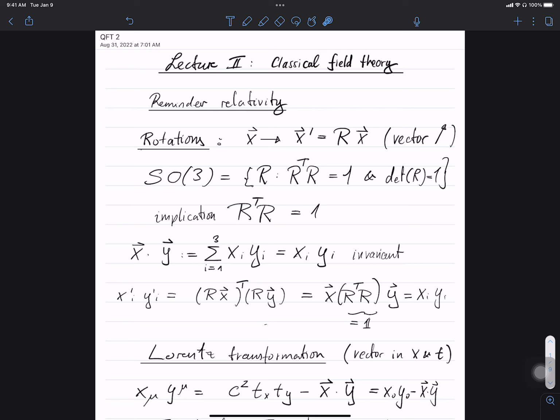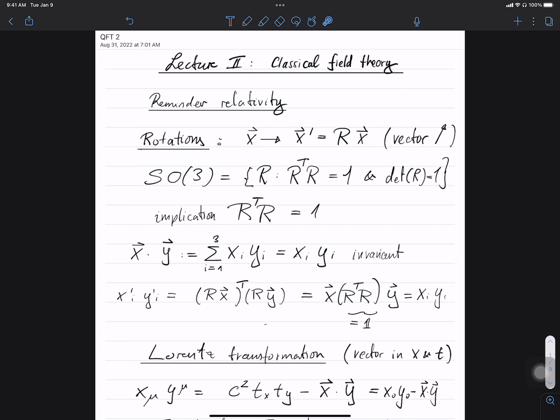Hi, so this is a summary of today's lecture, where I just quickly want to recap the notes and emphasize the main messages. We talked about a reminder of special relativity, where we even went a step further back and talked about